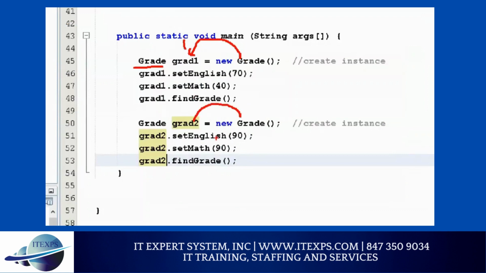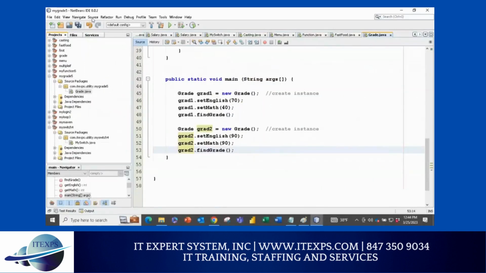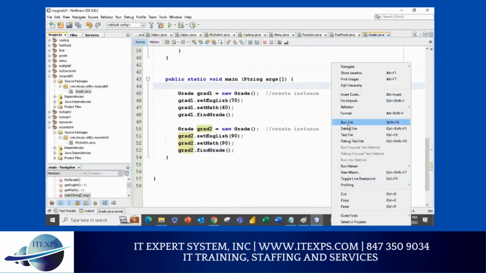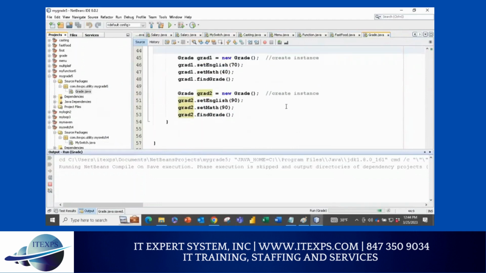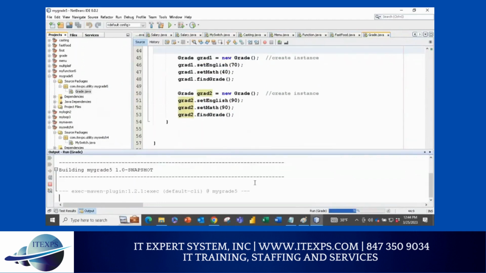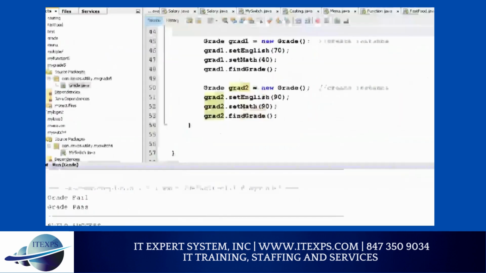And in each instance I'm setting different values. So these are the instance values I'm setting. Then I'm asking for this grade, what is my grade point? And for this grade, what am I getting? So basically you are getting the final grade for these two students. Each student has a different English score and math score. So here he gets a fail grade and here he's going to get a pass grade. Now you save it, and you run it, and you're going to get those answers. Any questions, concerns, doubts? Anyone who has trouble after seeing that, if you have any problem understanding